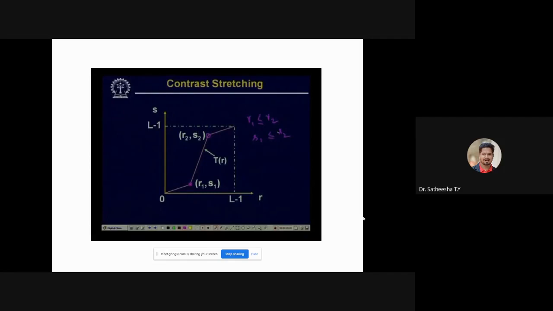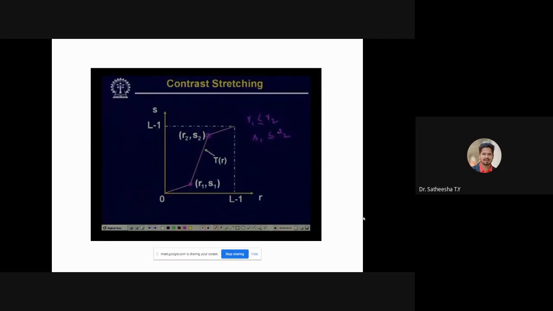So the corresponding operation generates the binary image, which is the processed image. Now for enhancement operation, usually what is used is R1 is less than R2 and S1 is less than S2, which gives us the transformation function as given in the particular figure. And this transformation function generally leads to image enhancement.